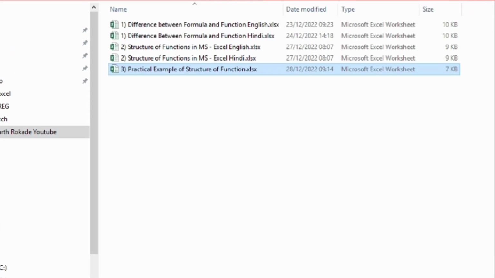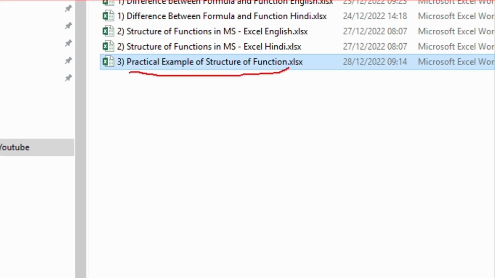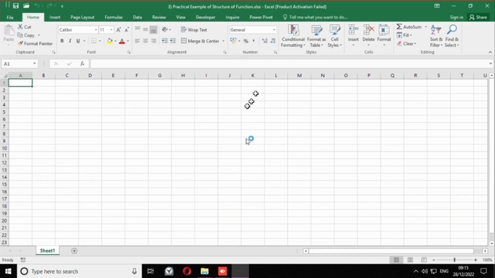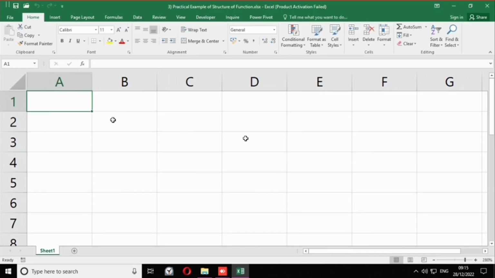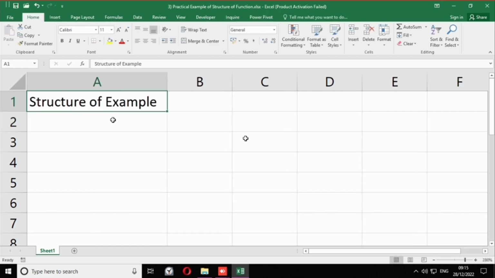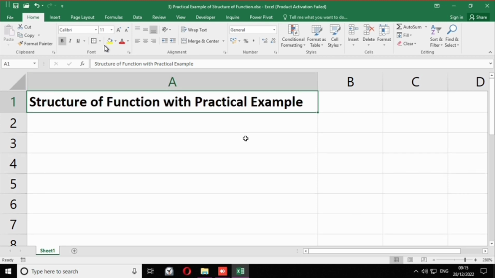I am highlighting that practical example of structure of function. Now let's get started.